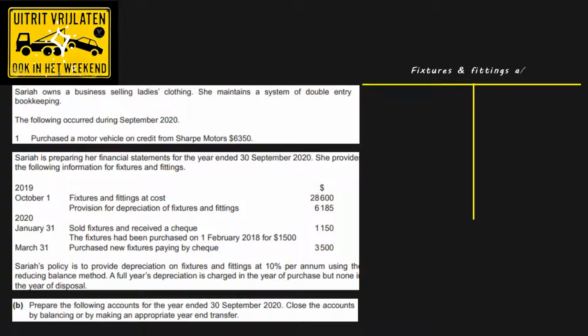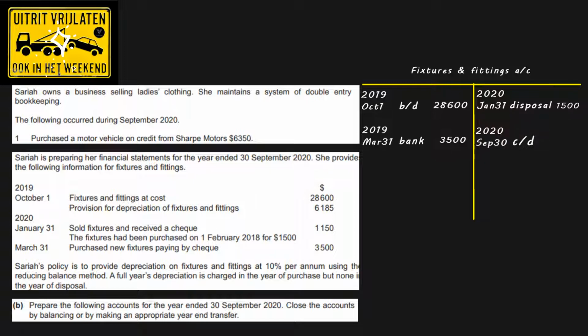Now fixtures and fittings, we know that on October 1st 2019 the debit balance should be 28,600. So during the year we disposed on January 31st 1,500, so that will be credited, and we bought 3,500 worth of fixtures on March 31st. So we would debit that. Since the fixtures were paid by cheque, we would actually transfer it to bank. Yeah. So with this, we know that our balance carried down at the end of the year, which is on 30th September, would be